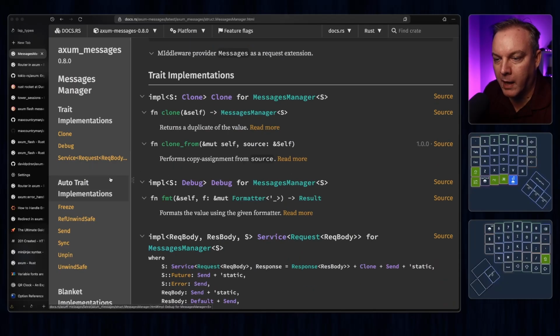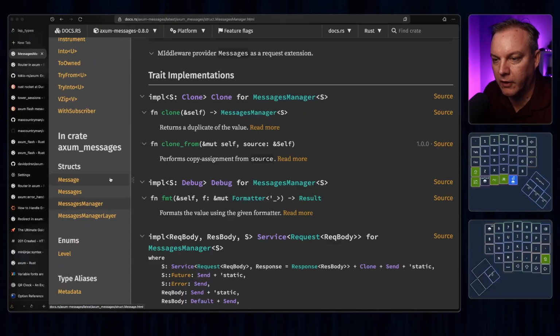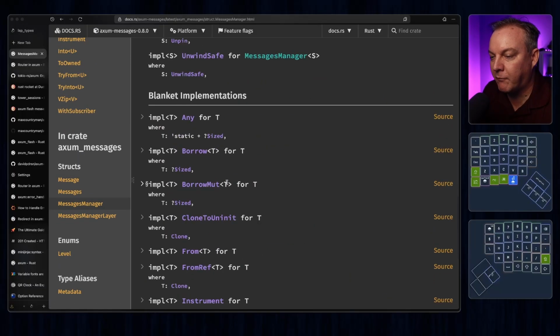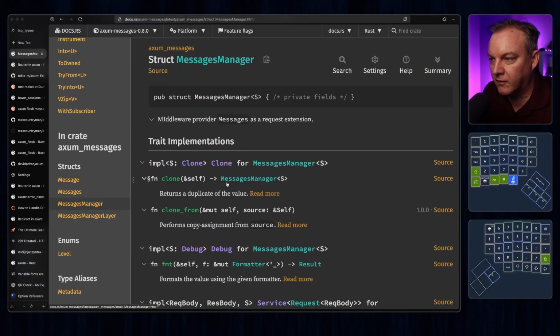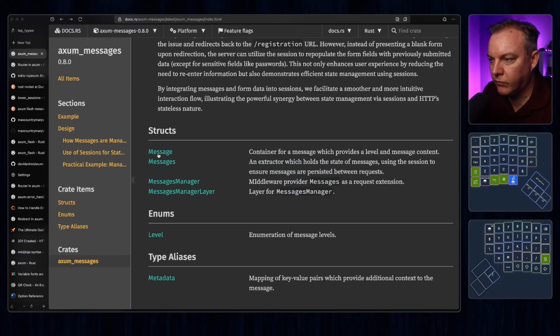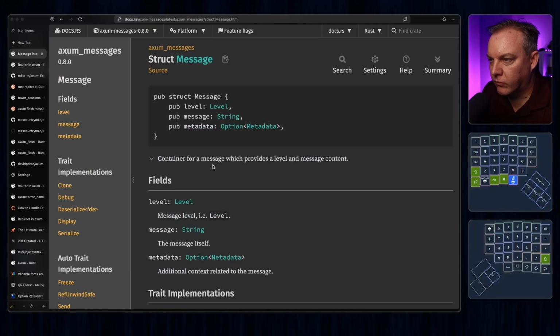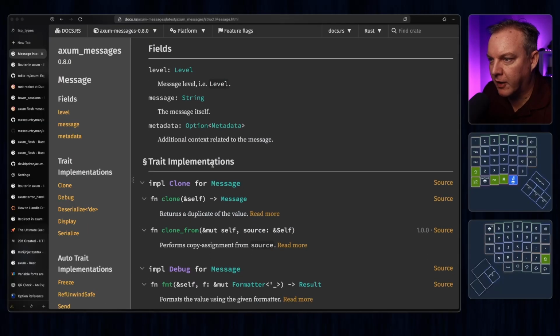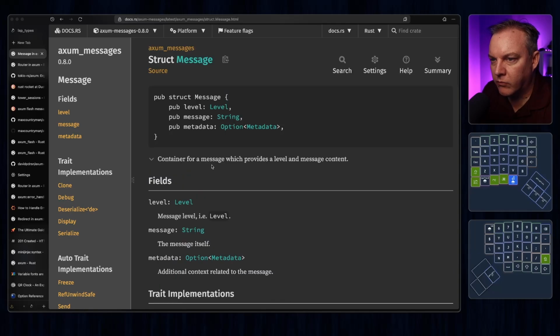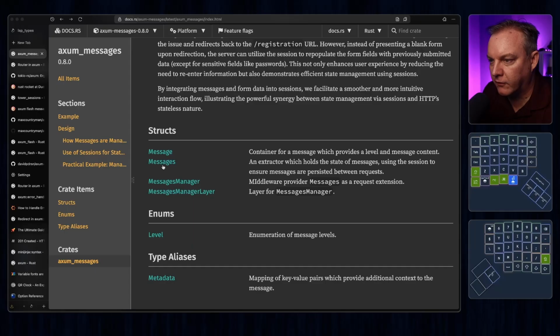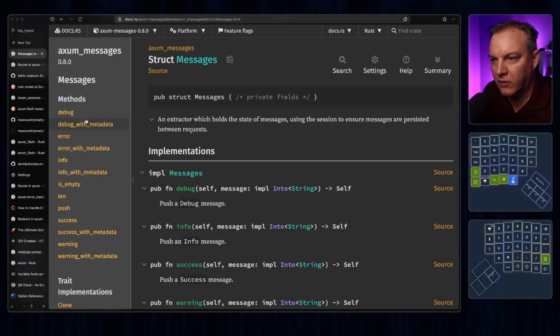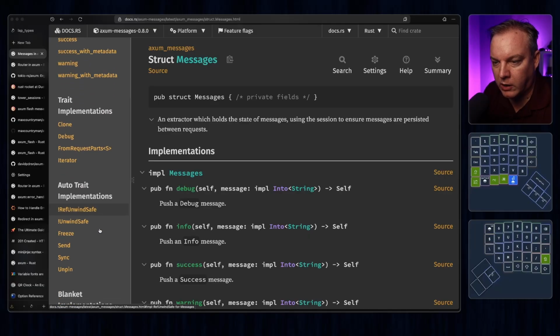Let's see if we have anything in here that looks like somehow you have to be able to remove the messages. And that's not clear in the example. Message, level, structure, string, right? Container for a message. So it's in this messages. Debug, error, info, is empty, length, push. Success, warning. How do we